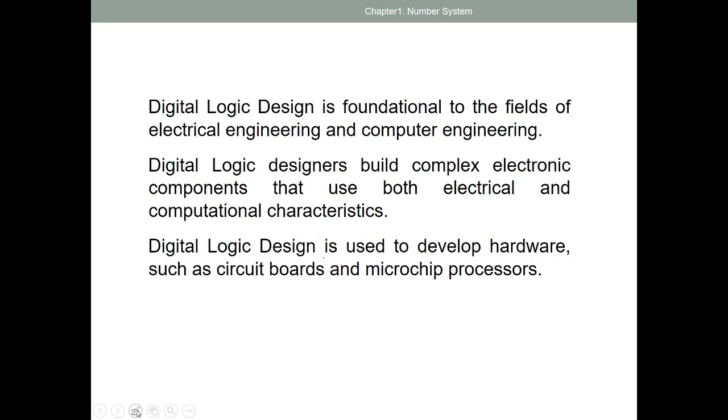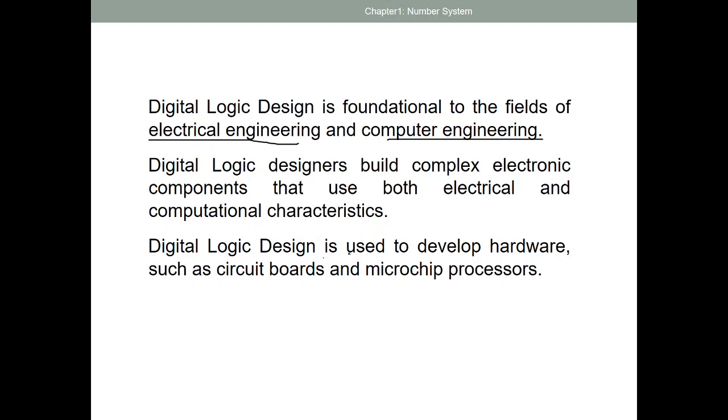Digital logic designers build complex electronic components that use both electrical and computational characteristics.